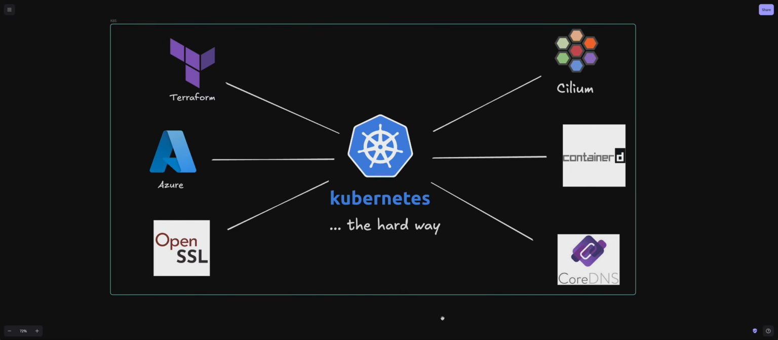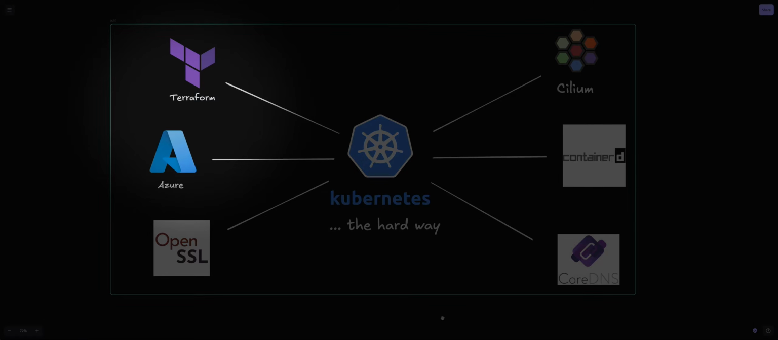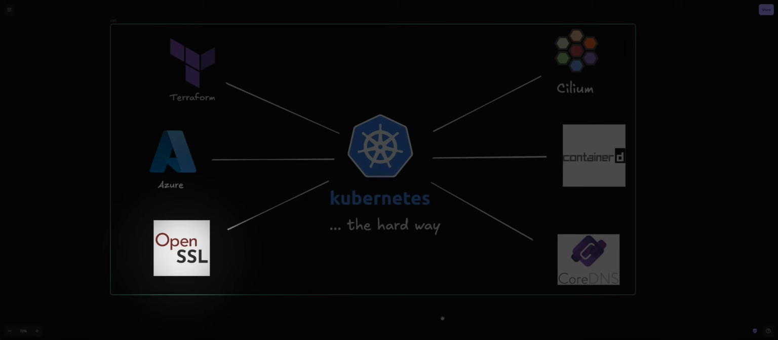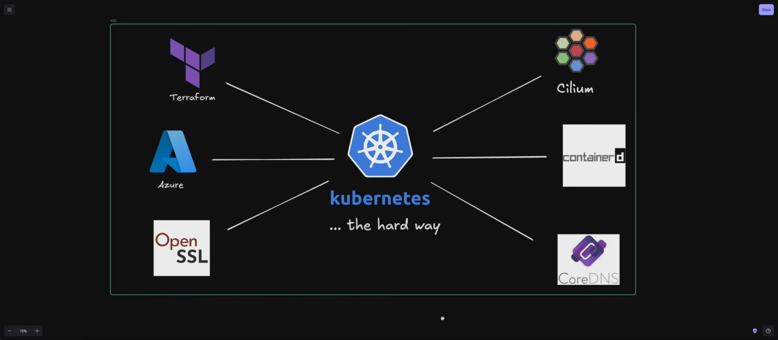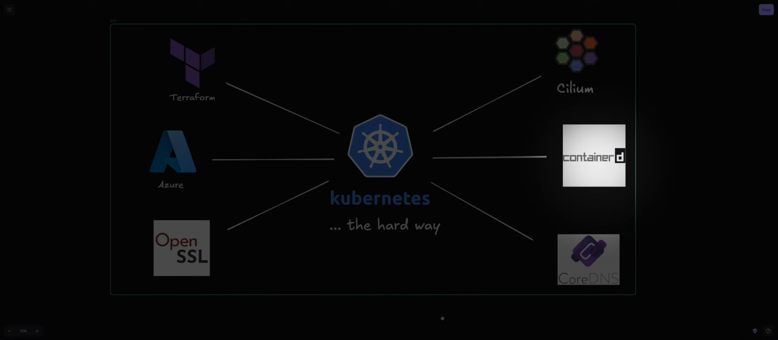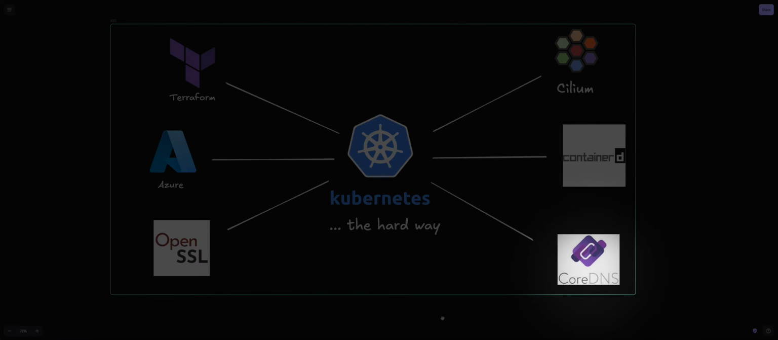Today we will be doing something really exciting. We are going to spin up our own Kubernetes cluster completely from scratch, the hard way. That means we will start with provisioning all the required infrastructure. We will generate our own self-signed TLS certificates for secure communication. And we will also look into the cluster networking, the container runtime, and how we can enable DNS resolution inside